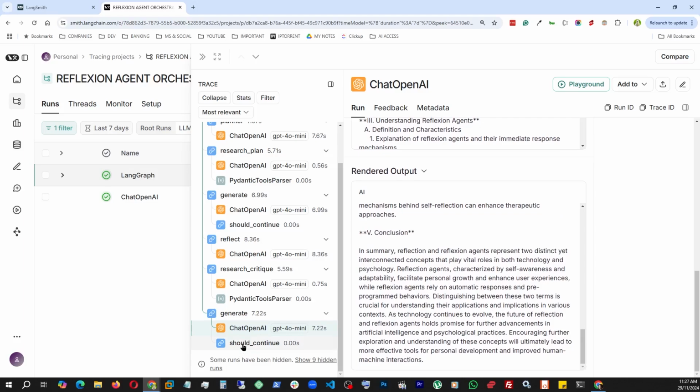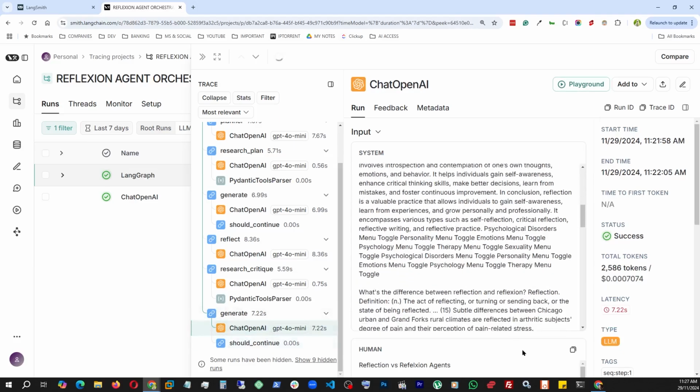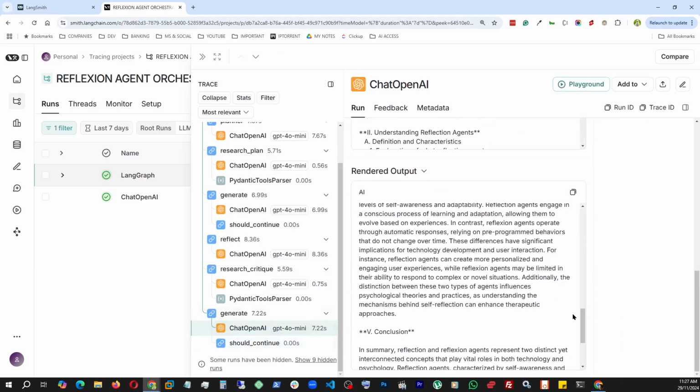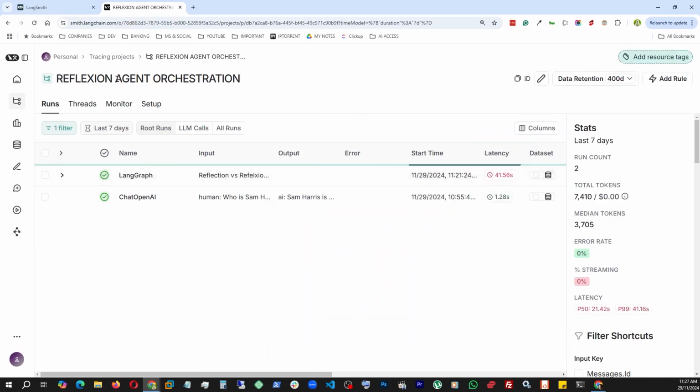And if you now go to should continue, you will see that the answer is end, because we limited this whole reflection loop only to max iteration. So that's it. Right after the first revision, the second time it was done, and got this message end. And this final draft, what we just took a look at, was generated by our essay writer and sent back to the user. So with that, we finish our Reflection Agent